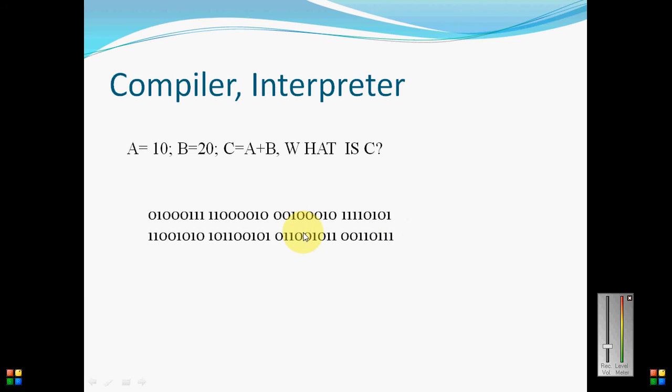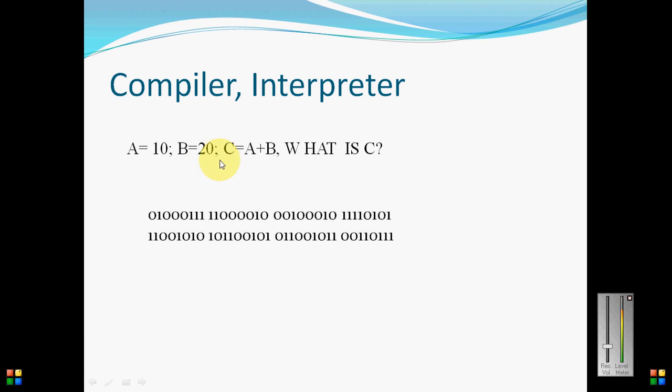But the computer takes it very easy. I just asked you A is equal to 10, B is equal to 20, C is equal to A plus B, and you said 30. For a human being, it is very easy to learn text or English words, but when we are talking about binary values, it is very difficult for a human being to understand, but the computer takes it very easy and works very fast. So how does the computer convert these texts to binary form?